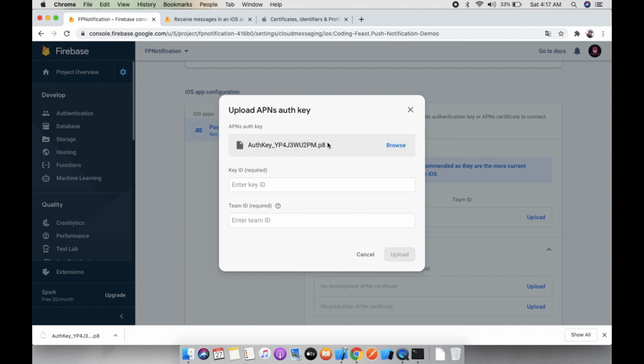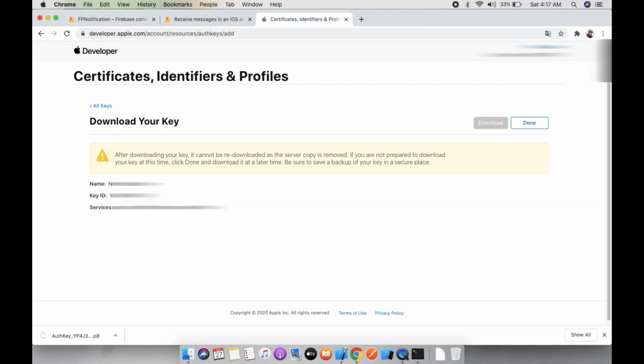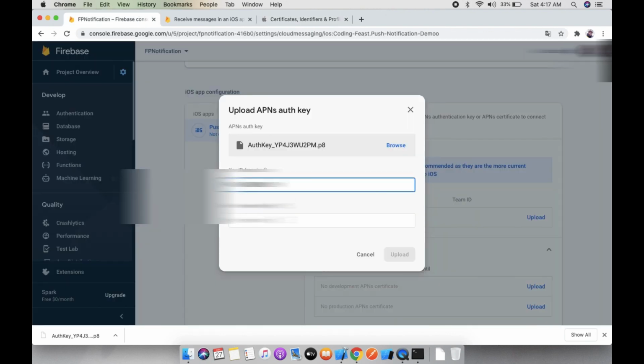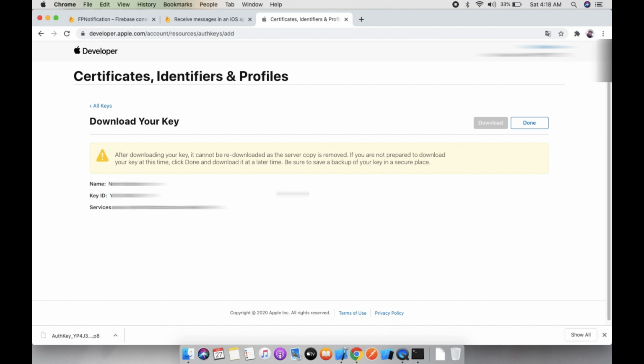And here you can see this is your P8 file which you have uploaded, and now the key ID is required. So this is the key ID, so you need to click on this, and the team ID is also required for this. So where will you get the key ID?